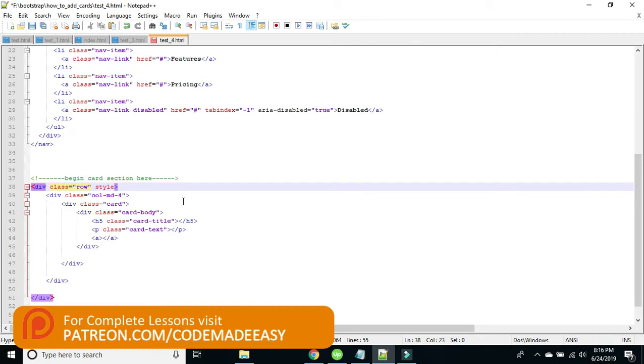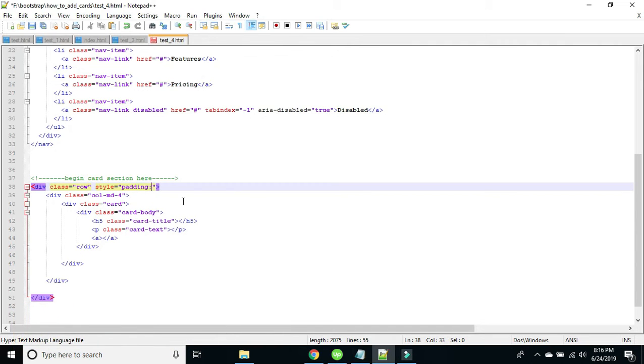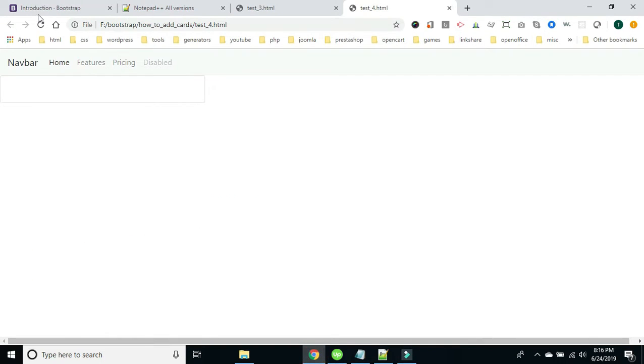So I'll do a style equals double quotes, and then I'll do a property of padding followed by a colon of say 40 pixels. Okay, then Control S, and I'll go back to my page, refresh my page, and there you go. See that the card has moved away from the side and it's moved a little bit away from the navigation